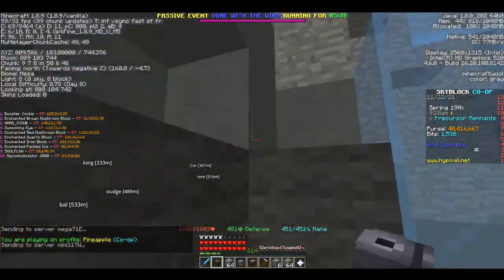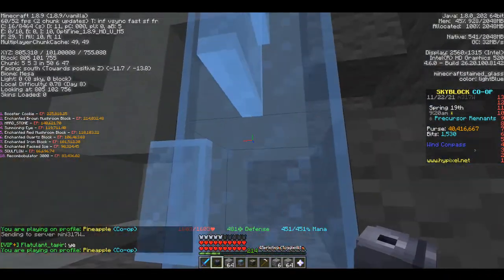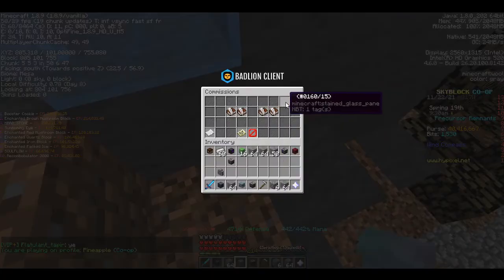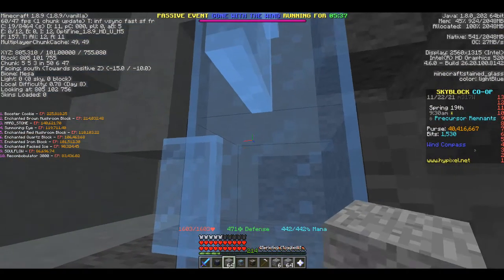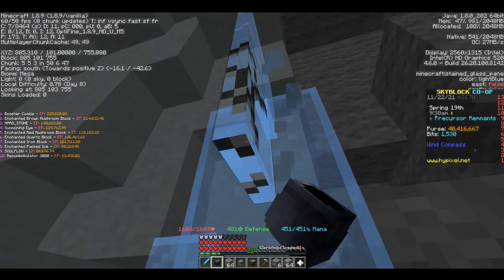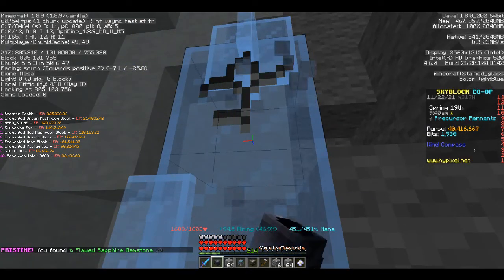Okay, we're finally here. So basically I have to mine enough of these. It says 1,000 gemstones, but like everything you mine is like, I don't know, like 80 or something. I don't know,